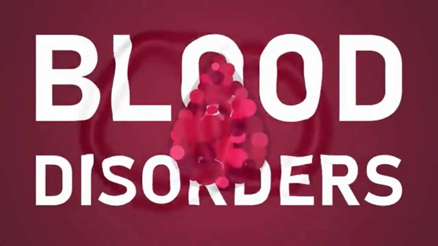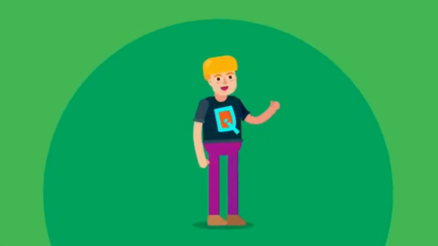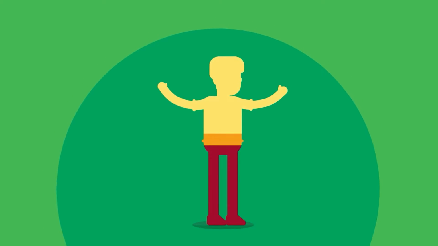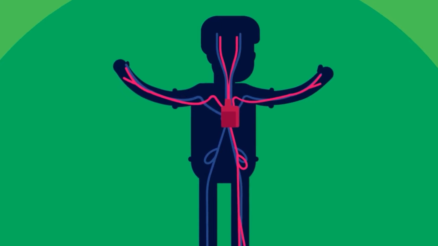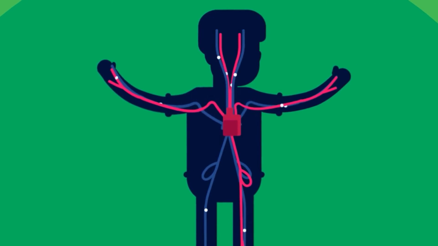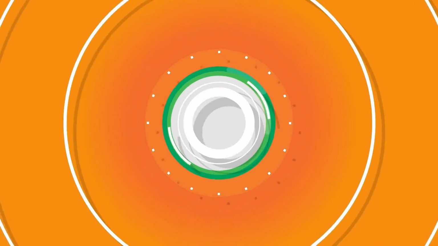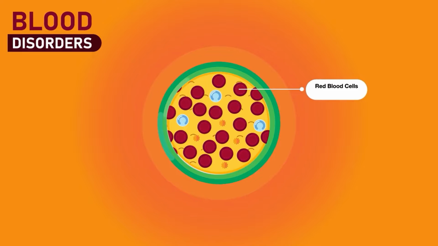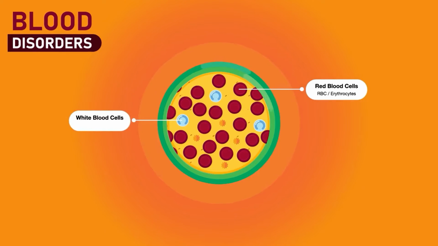Blood disorders. Before we study blood disorders, we must know the composition of blood in a healthy individual. Blood is a body fluid in humans and other animals that delivers necessary substances such as nutrients and oxygen to the cells. In vertebrates, it is composed of blood cells suspended in blood plasma. The blood cells are mainly red blood cells, also called RBCs or erythrocytes, white blood cells, also called WBCs or